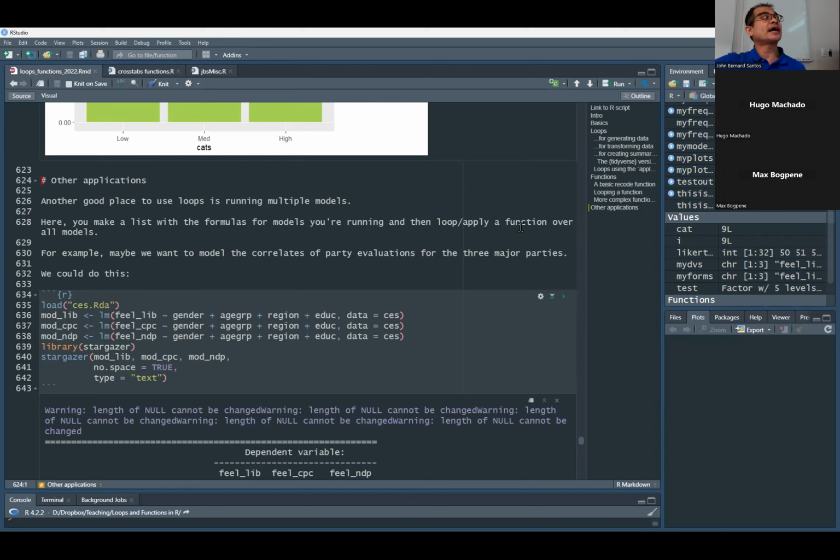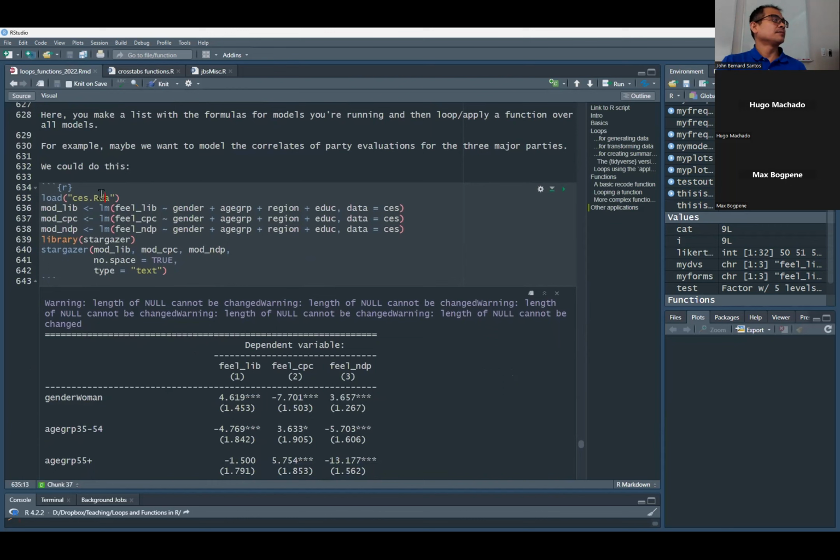This gets really handy for something like voting behavior. If you're doing the block recursive model, you're running like 6 models, but each model is really just an extension of the previous one, right? So let's say you want to change which version of your education variable you're using, or region. Why would you change that in so many different places when you can just change it in one place, right? So here I have a practice data set of the 2019 CES right here,